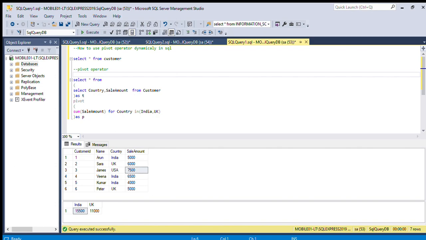Today we can check how to use the pivot operator dynamically in SQL. In the previous session we discussed the pivot operator. We want to find out the country and the corresponding sale amount. In that case we are using the pivot operator, and after that we are using the aggregate functions,